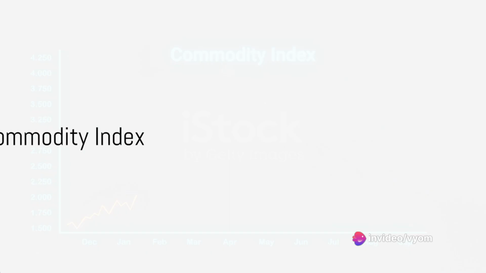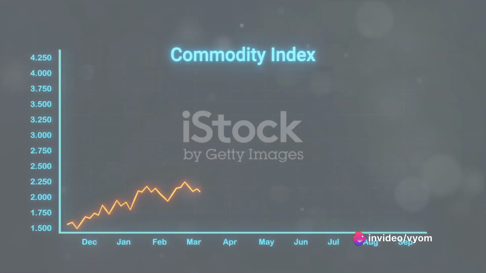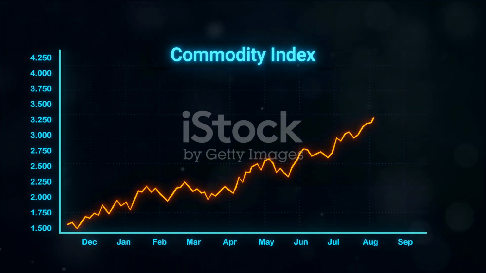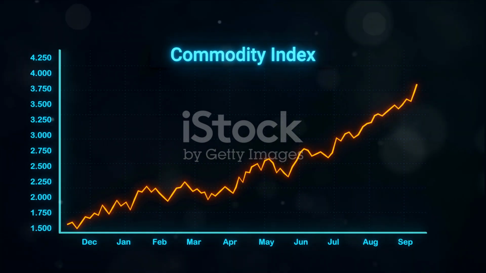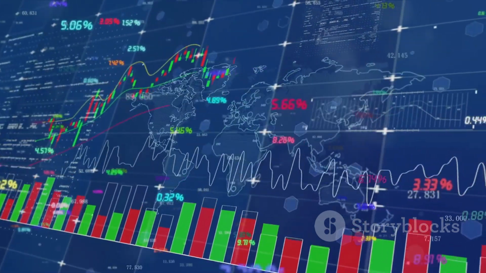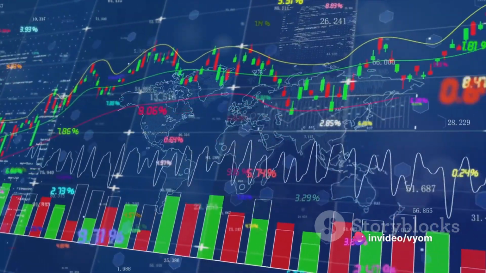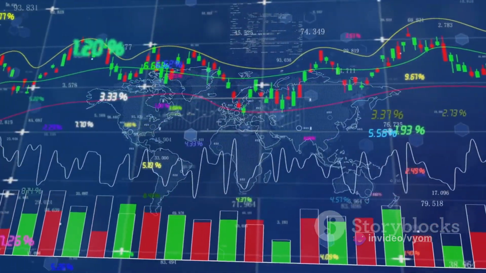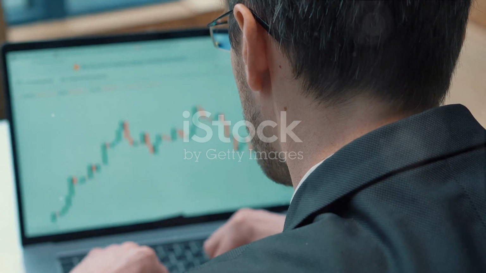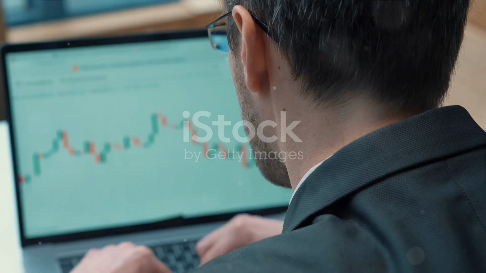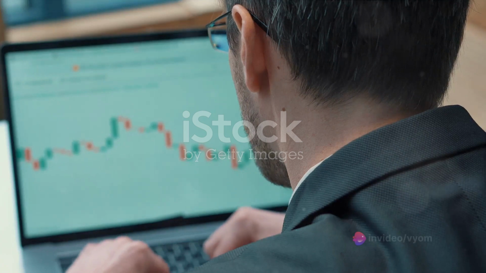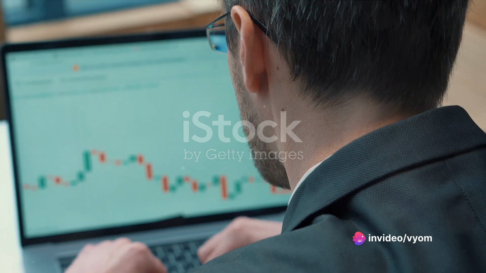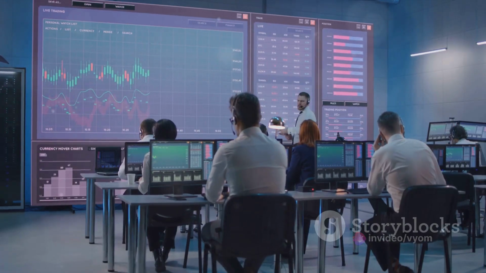The Channel Commodity Index, unlike traditional trading methods, offers a unique approach to index trading. Now, if you're wondering what the Channel Commodity Index, or CCI, is, let's break it down. In essence, the CCI is a technical tool that traders use to identify potential market trends and make predictions about future movements. The CCI was developed by Donald Lambert and introduced in the early 1980s. It's designed to detect beginnings and endings of market trends by measuring the current price level relative to an average price level over a given period of time.